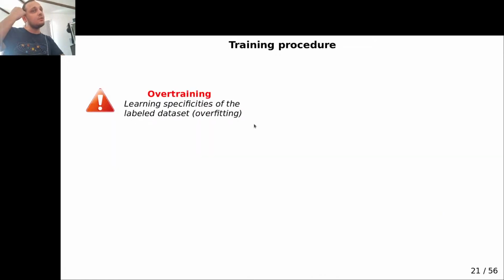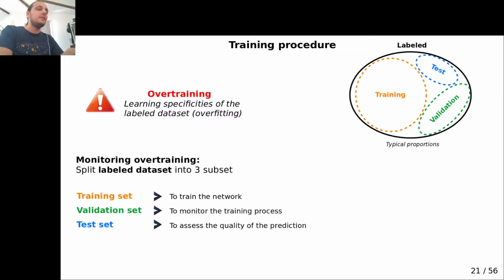So I have to talk a bit about overtraining, because this is something very important for neural networks and more generally for most of the machine learning methods. Overtraining corresponds to learning specificities of the labeled dataset, and it is very similar to overfitting. So we want to prevent overtraining from happening, and the classical way to do so is by splitting the labeled